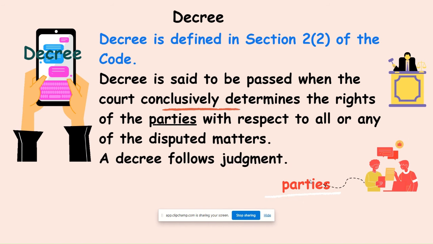The first very important term which is used in CPC is the decree. Decree is defined in section 2, subsection 2 of the code. We say that decree is passed. Decree pass हुई है, इसका मतलब ये है when the court